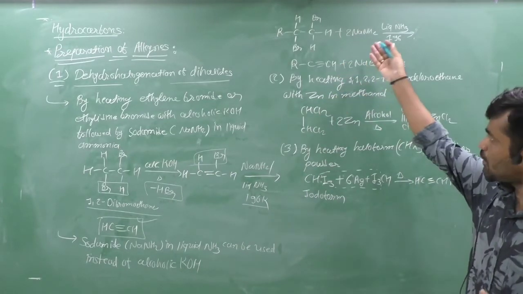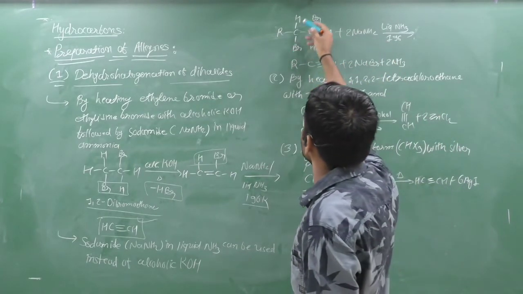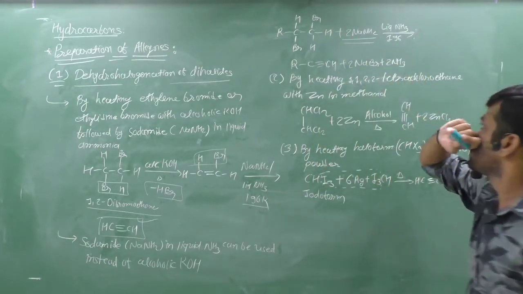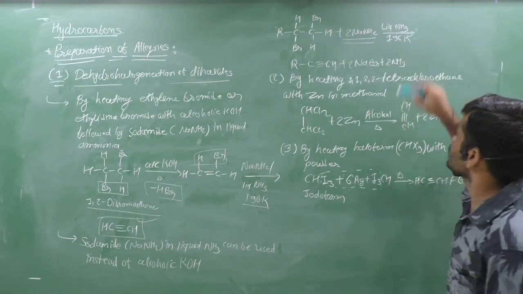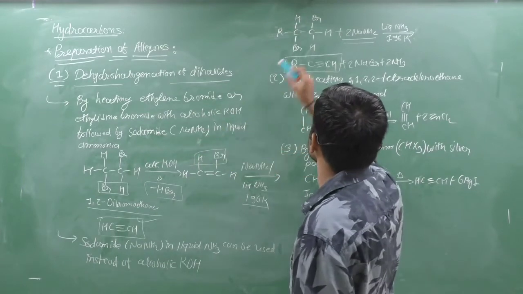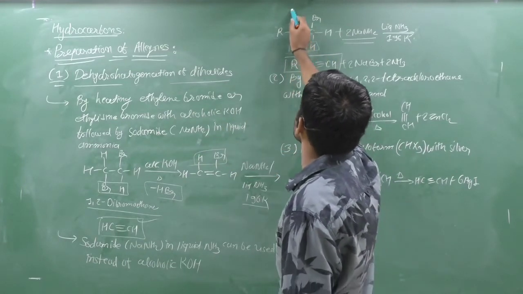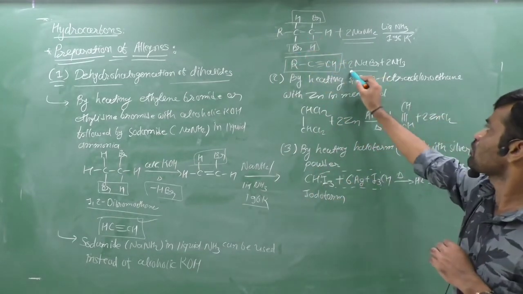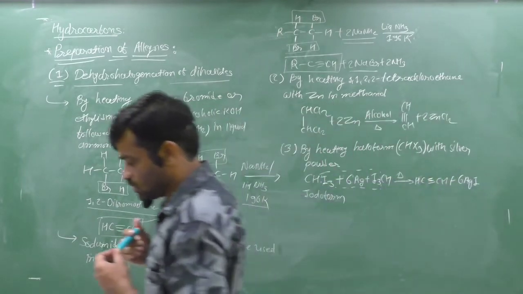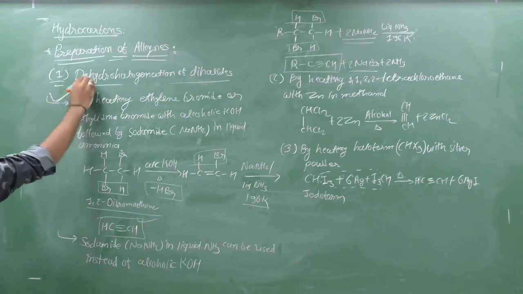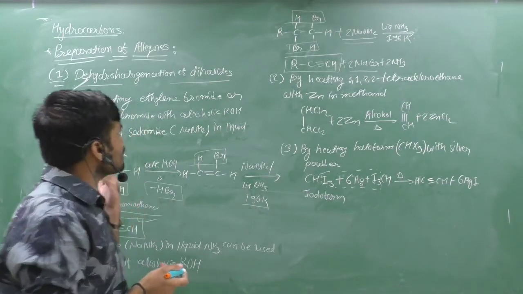Clear? So here we showed a general reaction: RCHBr-CHBrH, 2 times we can use sodamide in the presence of liquid ammonia at 196 Kelvin temperature. Then we can get directly RC triple bond CH. In the first step this is released, and in the second step these two are released, and we get the triple bond between these two carbons, and the side products are 2NaBr and 2NH3. Clear? So it is the first method, a very important method to synthesize alkynes from dihalides, generally vicinal dihalides.